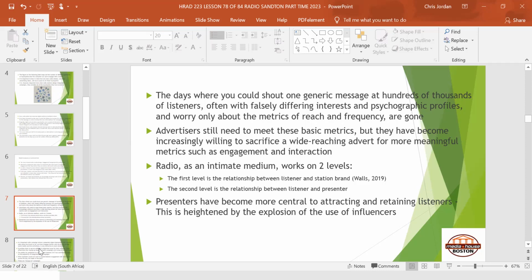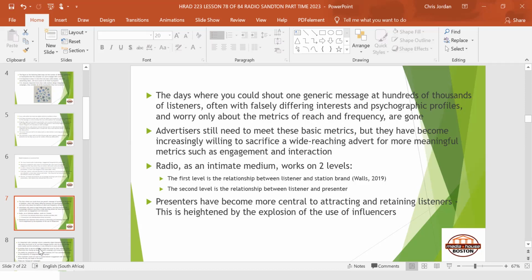So psychographic profiles weren't really a massive thing that we'd focus on before, but definitely now. And I'm saying this year, like for a long time, the world has been looking at psychographics as a very important way of saying how our listenership has shifted, right? And what is a way forward for us? What should we focus on more?